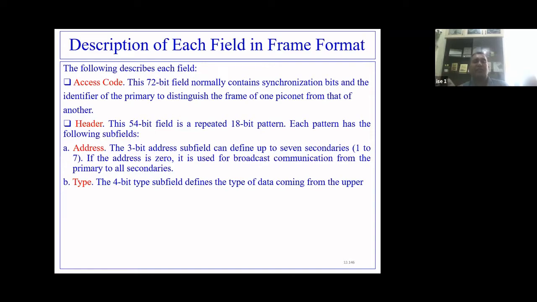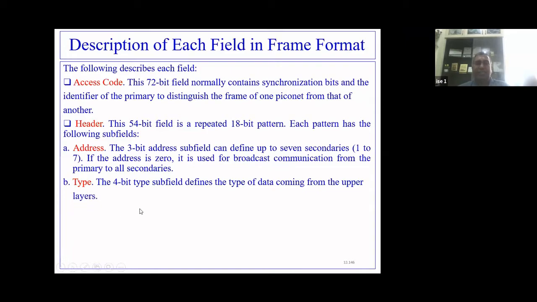These 7 secondaries can be recognized as 001, 010, 011, like that, and the last secondary will be 111. If the address is 000, it is used as broadcast communication from the primary to all secondaries. In that case, the primary is sending a frame which will be communicated to all the secondaries.